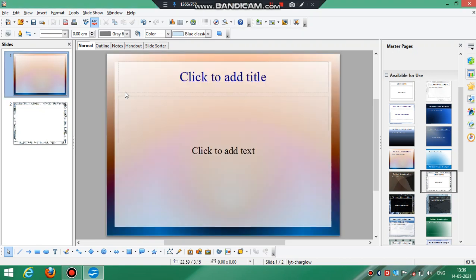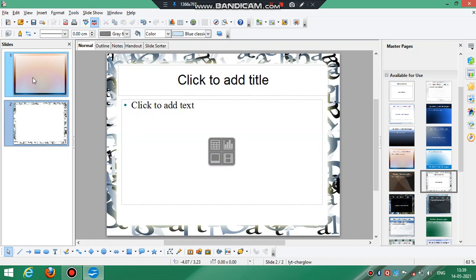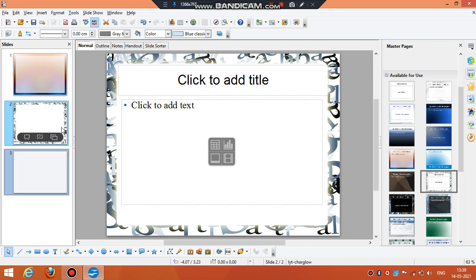Now you see that this is one slide layout and this is another slide layout. Both have different presentation backgrounds. Okay, so how can you do it? Simply, first of all I have to create a new slide. Whenever you create a new slide, you will get the previous slide background. Okay, but what's my task? Now my task is that in slide number 3, I want to apply another slide layout, another slide background.